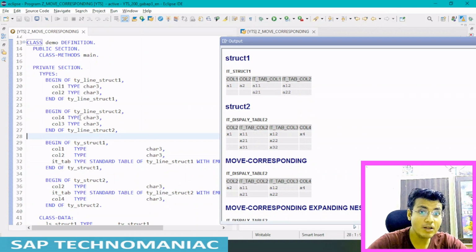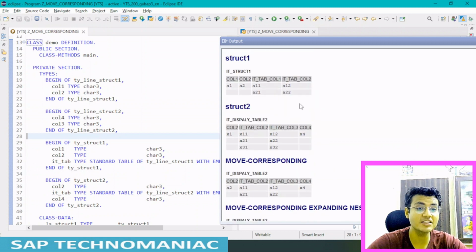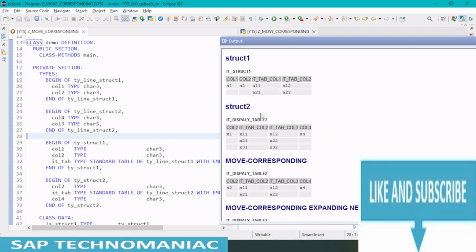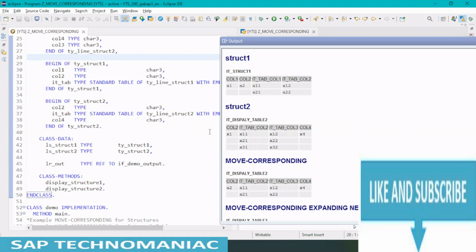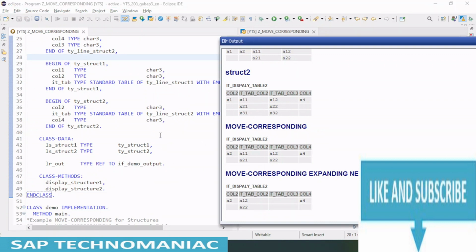If one of the columns is available, as we saw in this example, that is the reason it cleared out the table, then it moved only E12 and E22. But if we don't have any common name, and we are using the expanding nested structure, that entire table will be intact, meaning we will have these entries only.